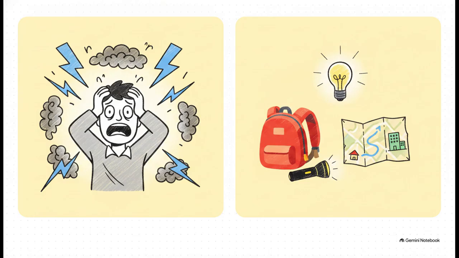We revise it. Instead of predicting doom and suffering, we say, preparing an emergency bag and knowing evacuation routes can help keep your family safer during typhoons. This just proves that you absolutely do not need exaggerated fear to write an effective warning. This revision gives the reader positive, actionable steps they can take right this second to reclaim their sense of safety, rather than leaving them totally paralyzed with anxiety.